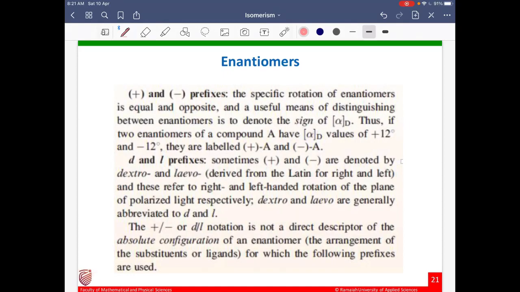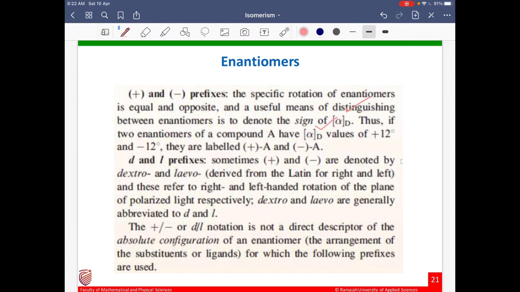A small description about enantiomers, plus and minus prefixes. Sometimes, in addition to D and L, or instead of D and L, we use plus and minus prefixes. The specific rotation of enantiomers is equal and opposite, and a useful means of distinguishing between enantiomers is to denote the sign of alpha. Thus, if two enantiomers of a compound